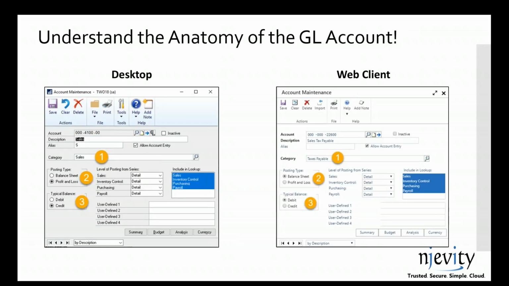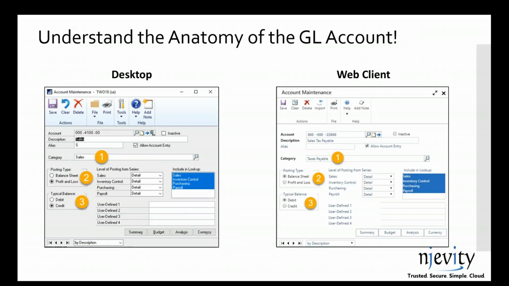Those are important now. And in the world of GP, we also have question 2, what posting type is this? And this really isn't referencing which financial statement this falls on. This is referencing, hey, when I close the year out, do I want the balance to roll forward like a balance sheet account? Or do I want it to close out to retained earnings like a profit and loss account? So we want to make sure we have that question set correctly. And because those two options are static in GP, we can actually use them to our advantage in Power BI, and I'll show you that in a moment.